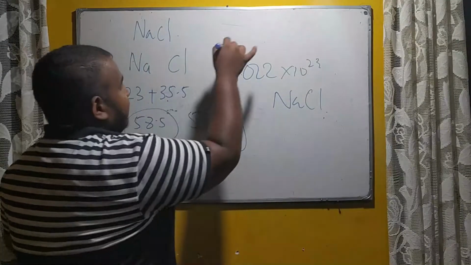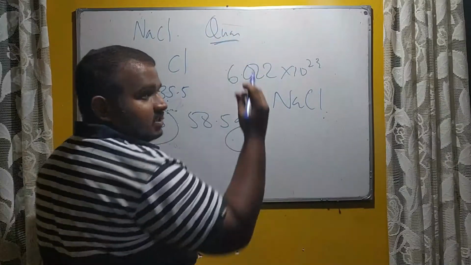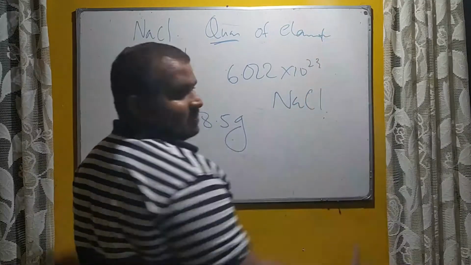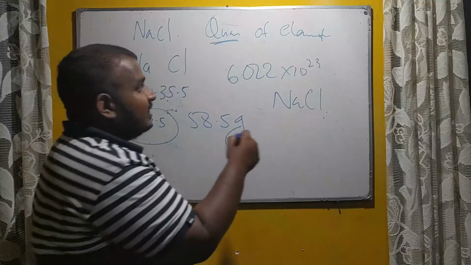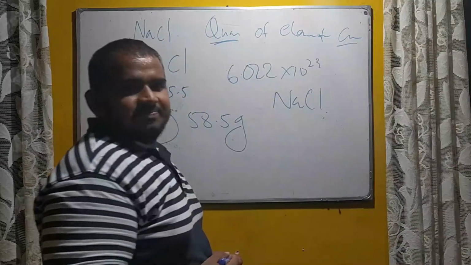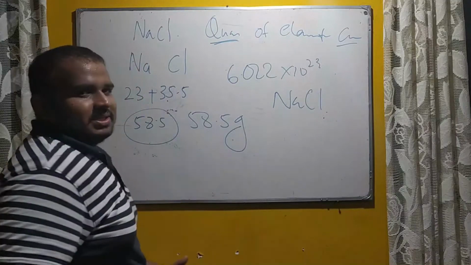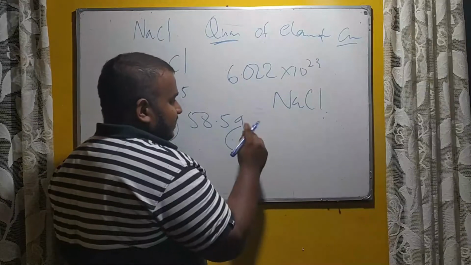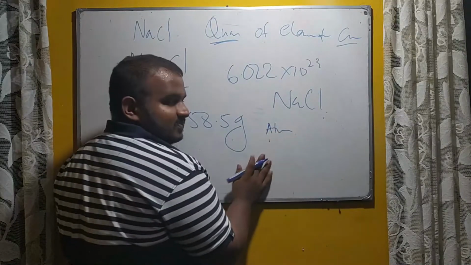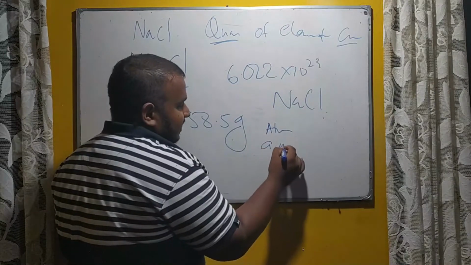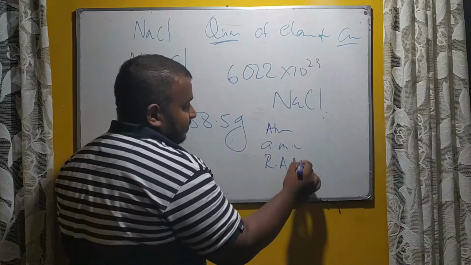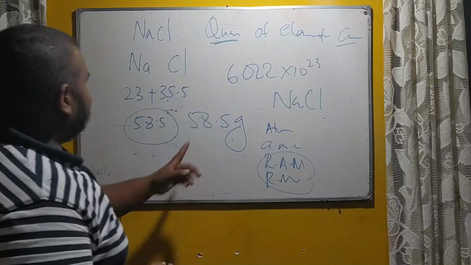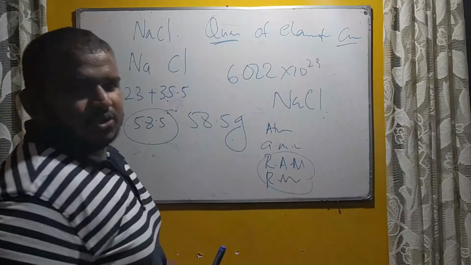The heading was quantification. Quantification means measuring, counting of elements. We found that for elements earlier. Now we are finding it for compounds. It will be a very clear portion. Let's try to understand what we studied in the beginning of the unit. We studied atomic mass, then atomic mass unit, then relative atomic mass, relative molecular mass. Now we are coming to the quantifying portion.